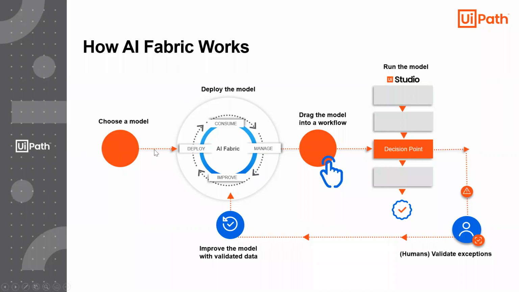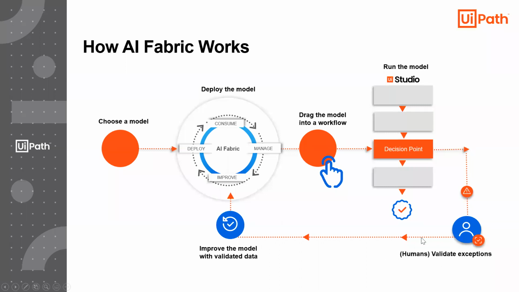So you select a model to solve your business case. You will maybe consume the model first or train the model first, depending on your use case. On the RPA side, you will just have a new activity, which is really like drag and drop. I know you're used to that. You drag and drop this activity because it's on AI Fabric, you will know which models are available to you, and you can apply that to your business use case. So it will take a decision based on this machine learning model.